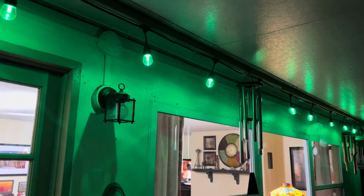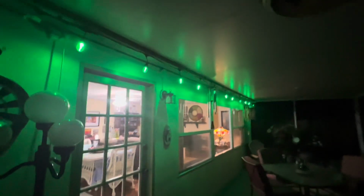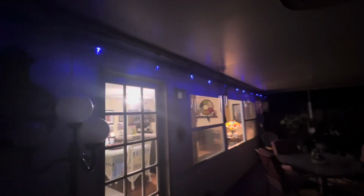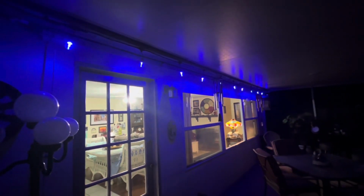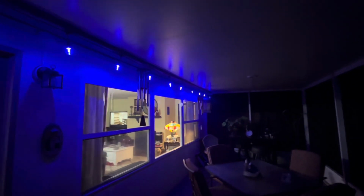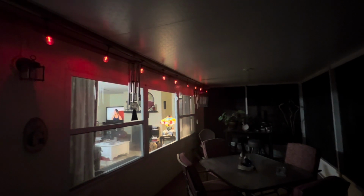Well guys, here's the finished product, so to speak, and I just wanted to show you what that looks like at night. Out here on the porch, looks real nice. A little less light there from the inside maybe. But yeah,